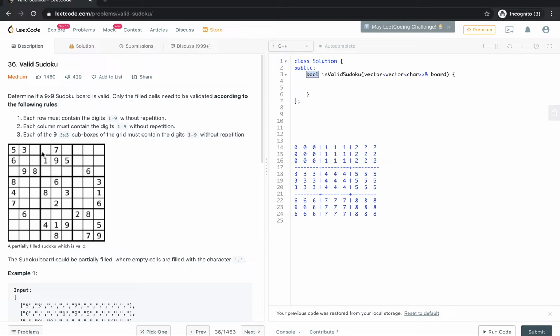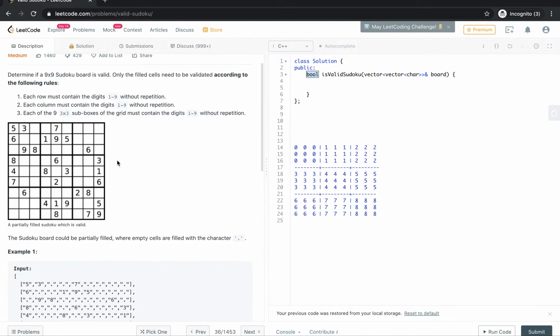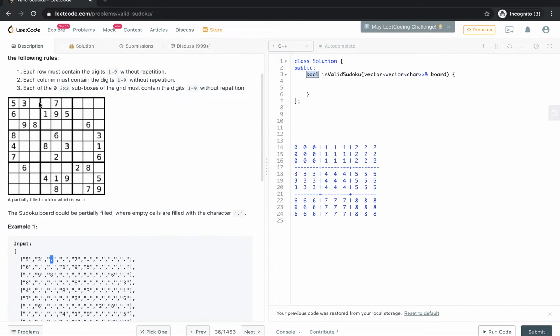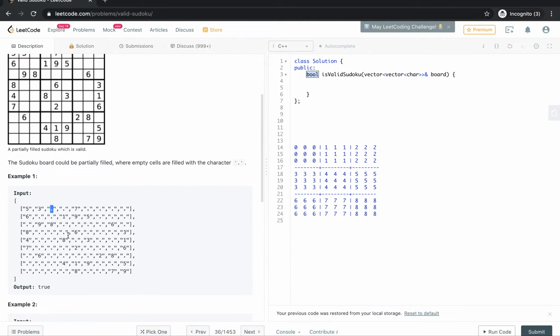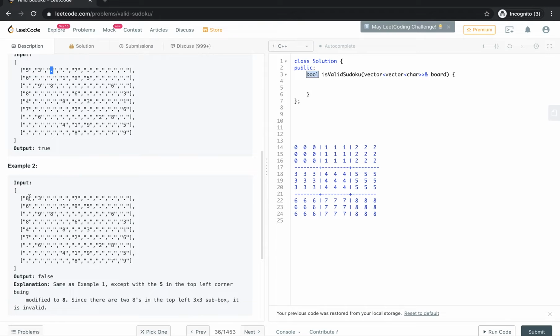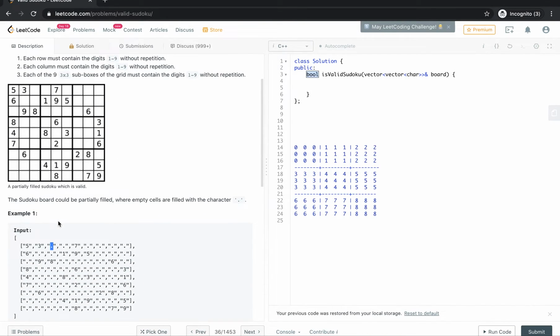In this given Sudoku, no number repeats in the given row or column or within the same boxes for all the grids, if you see. Therefore, we'll return true for this grid. And if you look at this input, dot represents the blank cell and the given numbers are as follows. But if you look at it carefully, if we replace this 5 with 8, then 8 and 8 are within the same column. See, 8 and 8 are within the same column. Therefore, we have to return false.